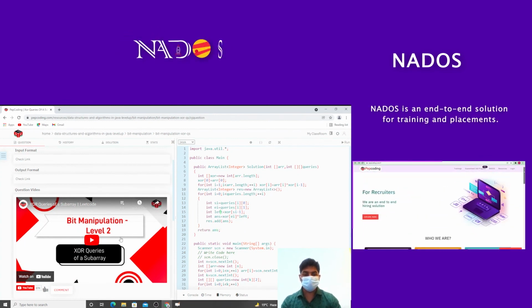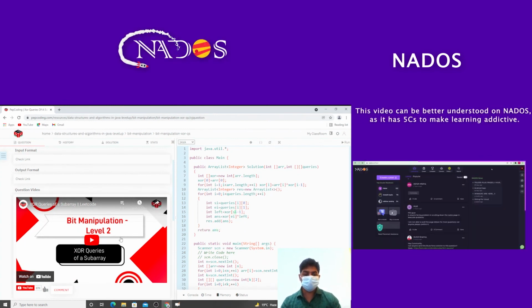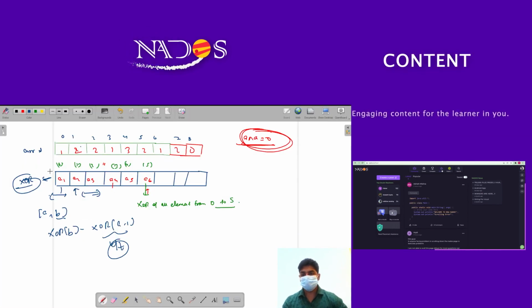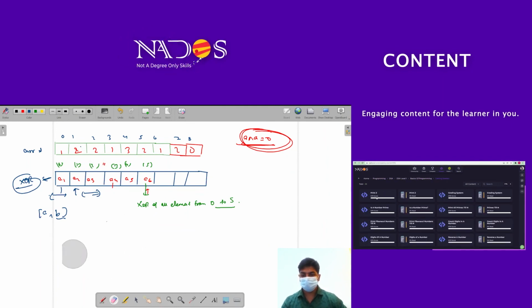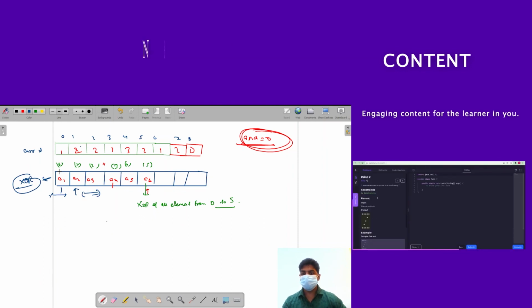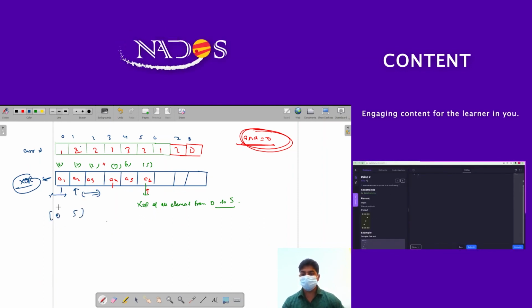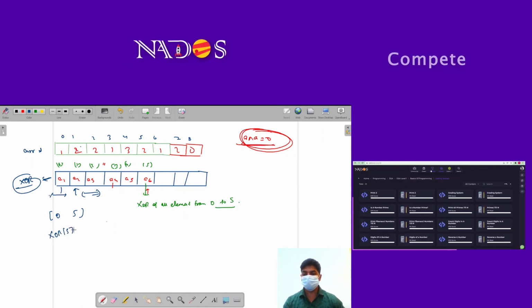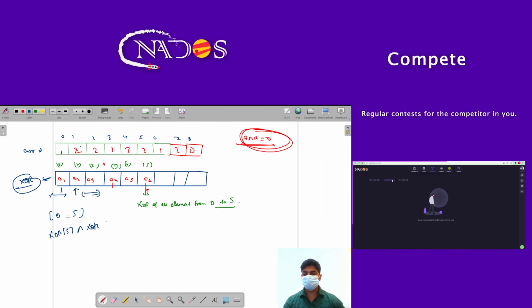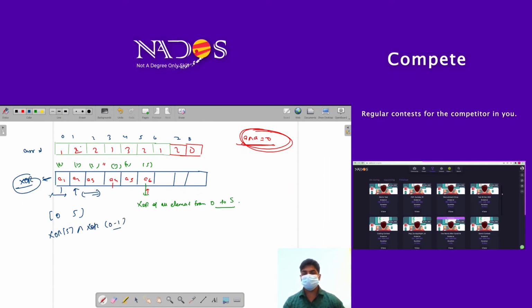We have to handle one case when the starting index is 0. Let's suppose we are given a range where we have to calculate XOR from 0 to 5. In this range we would compute XOR of 5 XOR XOR of 0 minus 1, but minus 1 is not a valid index.